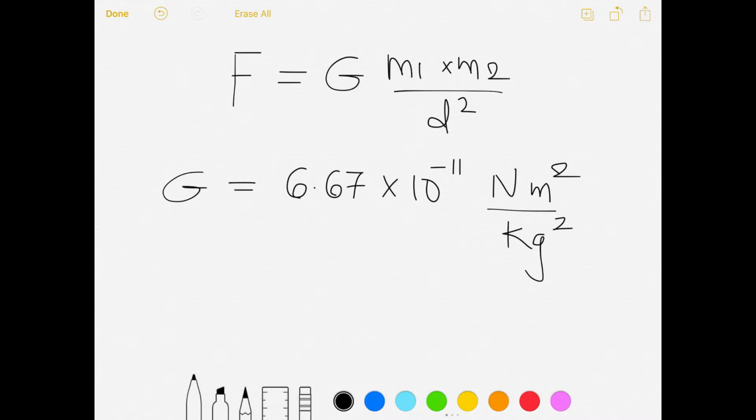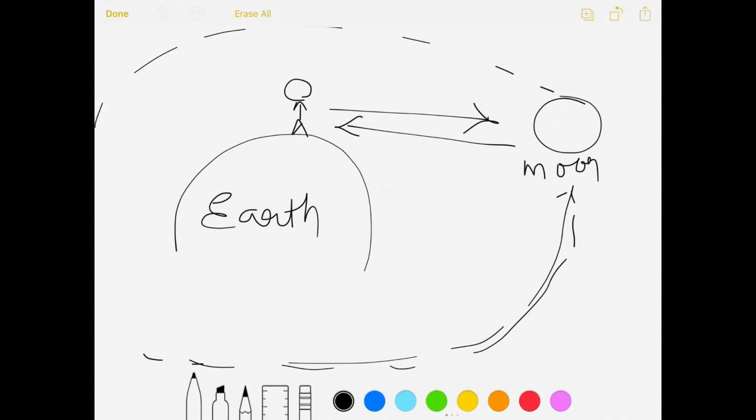Now, we ended the session with a question that came to my mind, right? The question was something like this: if in the universe each and every object is attracting every other object, then that means that I will be attracting the moon and the moon will be attracting me towards each other. Then why don't I move towards the moon, or why doesn't the moon come towards me? Right, this was the question that came to my mind after learning Newton's universal law of gravitation.